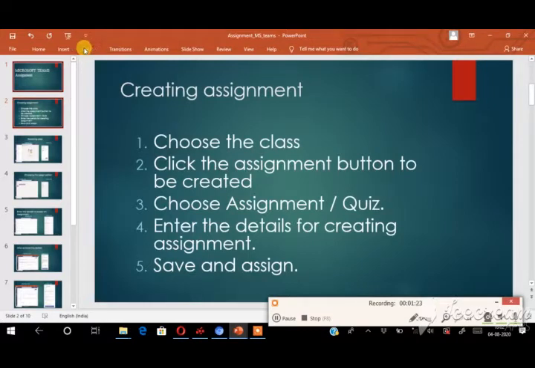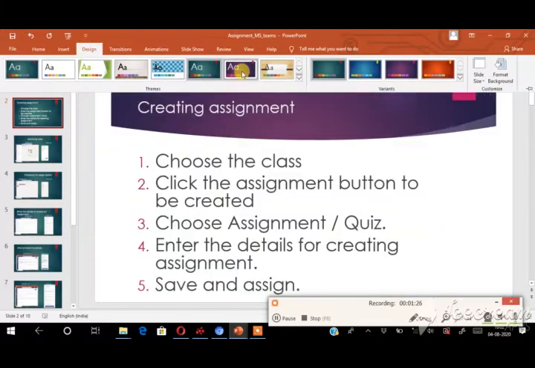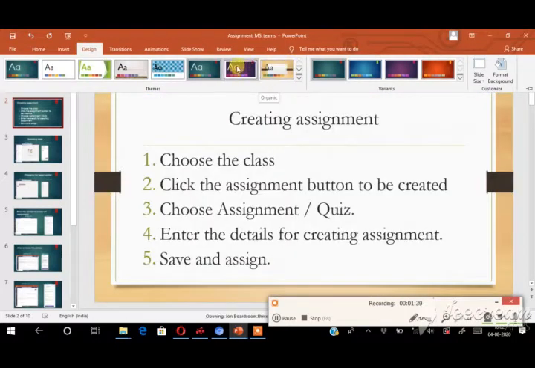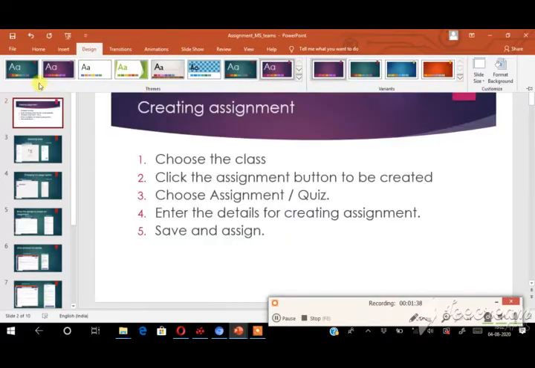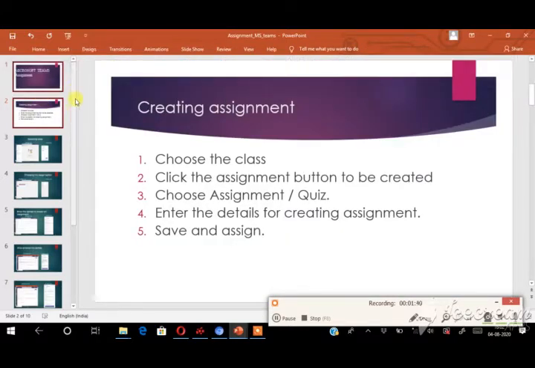After that, go to the design tab and then choose any style. Suppose I want this style or this one, anything you have to select and then right click that one. You got to apply to selected slide. So now see, first two slide theme only change. So this is the way you can apply a theme to all the slide, and also to any particular slide.